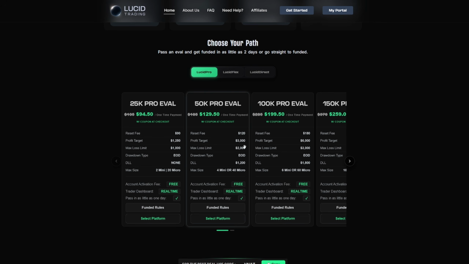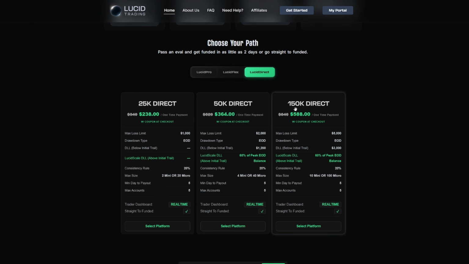that night. So one, it's good because it gives you a cool off period and you're not going to blow up the account on day number 1. It's going to take you a minimum of 2 days to blow the account unless you get caught in some type of extreme volatility and you get massive slippage. However, let's look at the Lucid direct accounts. And I believe Lucid had this type of drawdown in the accounts in the past before I was